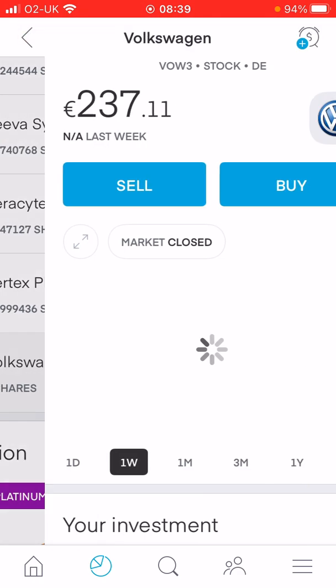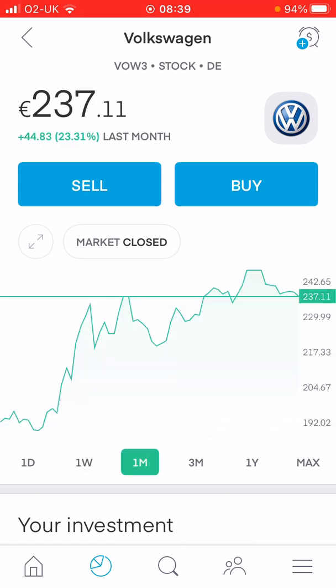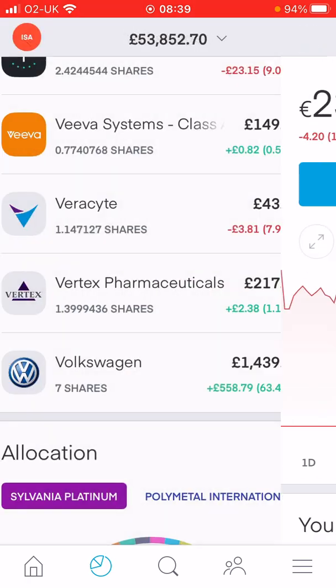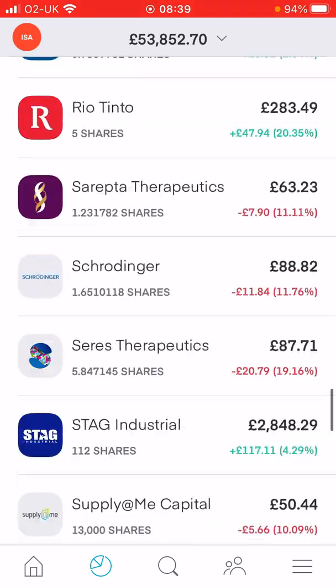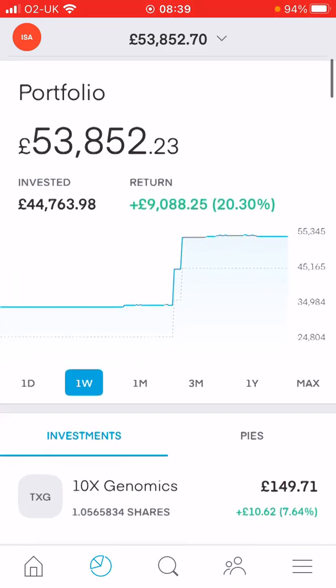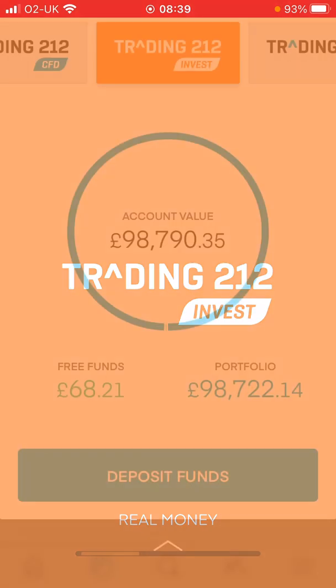And Volkswagen just had a slight dip after a good run up this week. So the month looks pretty good, but it's just come off a little in this last week. So yeah, that's the ISA. That's £20,000 added, looking good. And looking at the invest,